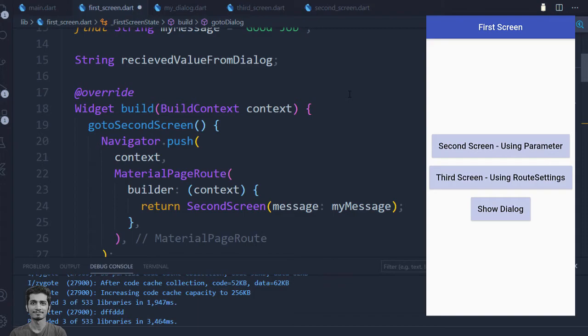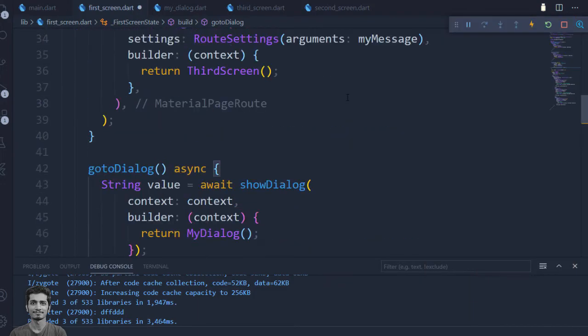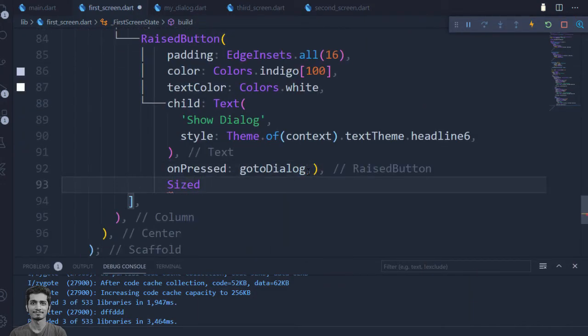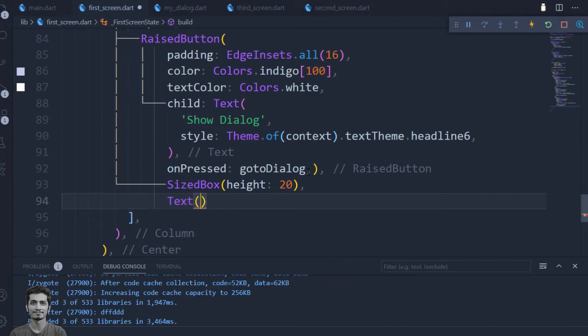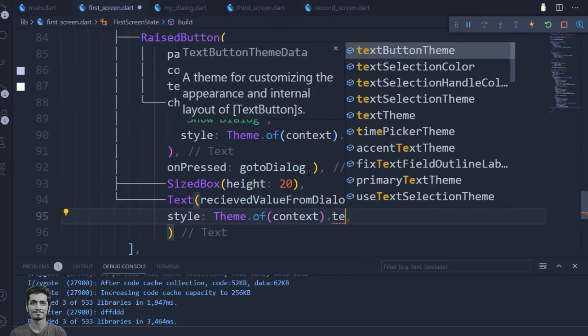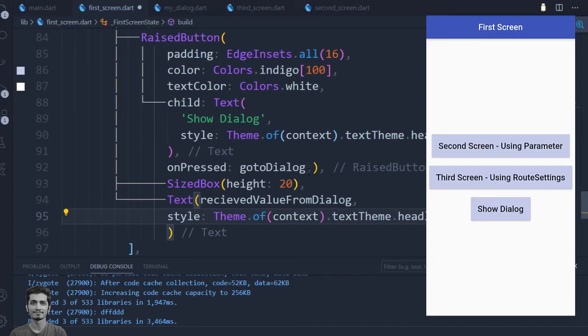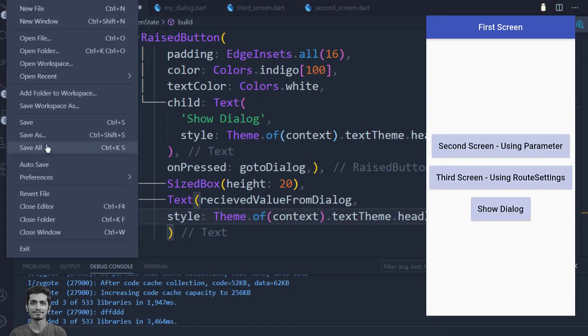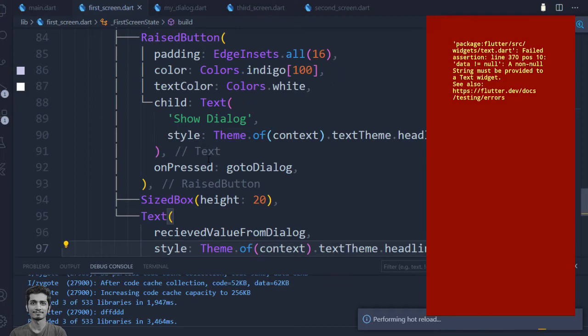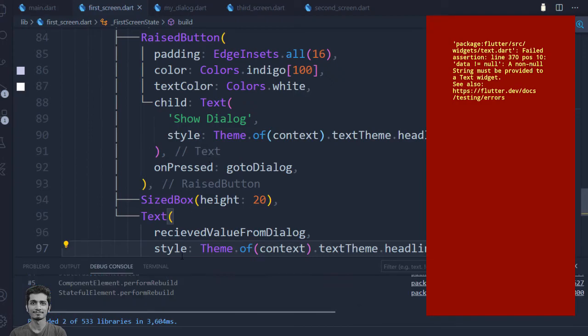Now we successfully have the text field value inside this variable. So let's use this variable inside our UI. So I will go to the widget tree and create a text field. Let's save all the files. And we have an exception here.